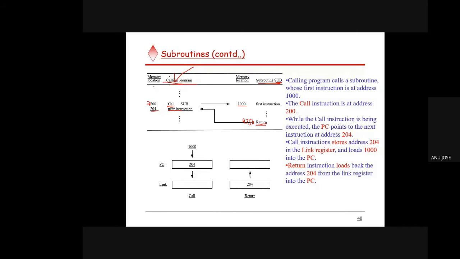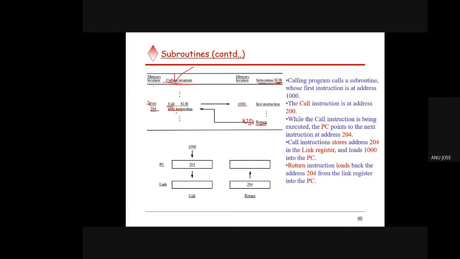This is how it happens whenever a calling program calls a subroutine: how the control goes from the main program to the subroutine, how the result is transferred back to the calling program, and how the calling program resumes its execution. That is the subroutine calling procedure you are already familiar with from C programming. We are just writing it in assembly language syntax, that is call sub, that is the instruction. This is just an example. One return statement will be there, which will return to the next immediate statement after your call.